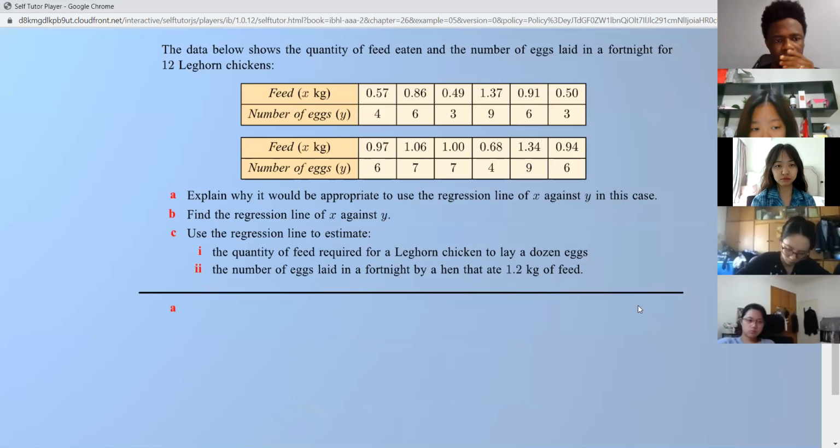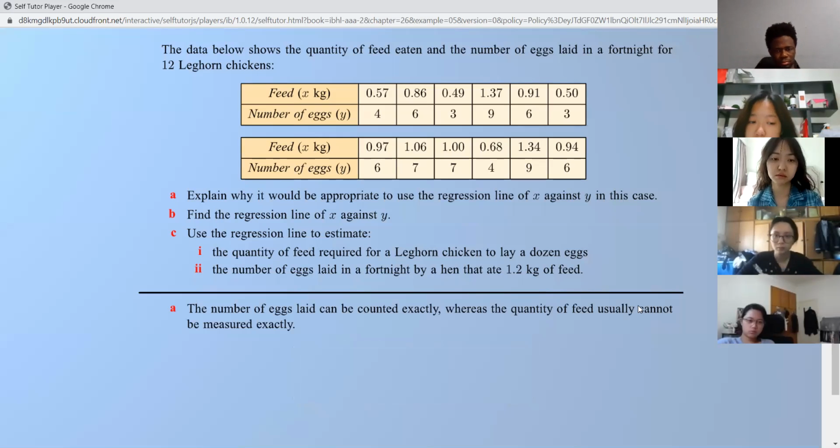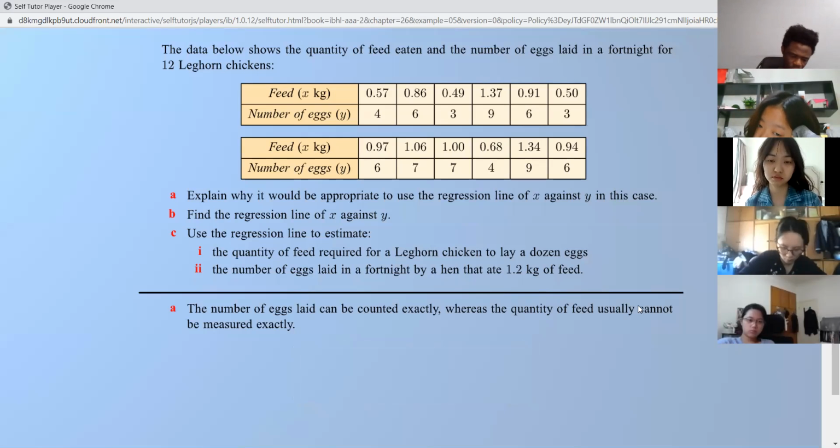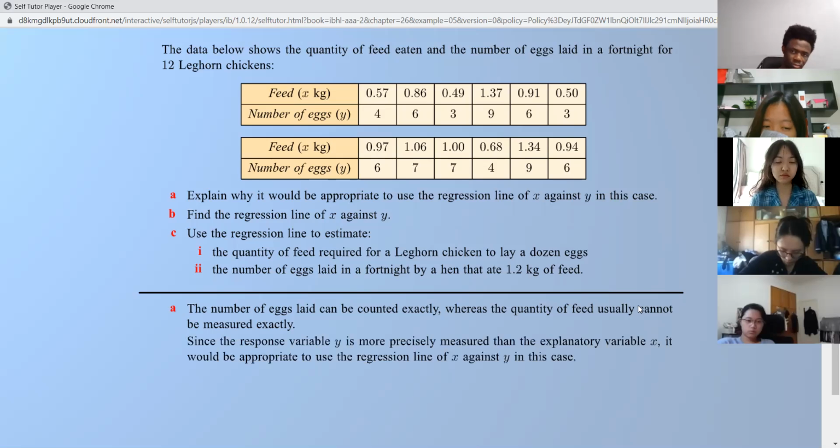In this example, the x values are the quantities of feed eaten by chickens, and the y values are the number of eggs the chickens laid. We can count the number of eggs laid exactly. However, the quantity of feed eaten by each chicken will not be measured as reliably, because some feed will be scattered or spilled. Since the y values are more precisely measured than the x values, it is appropriate to use the regression line